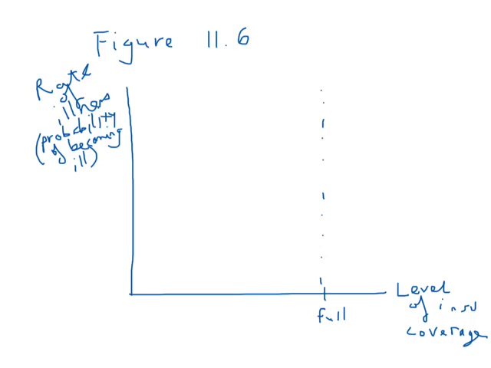The first graphical analysis in Figure 11.6 just asks us, as a benchmark, to think about the case where there's no moral hazard. So in this case, if the rate of illness doesn't depend on whether you have health insurance or not, then that probability of getting sick is just fixed, whatever the level of insurance from zero, and we only consider it up to full. You could have more than full insurance, a policy that pays out more than your loss of being sick, but we're not going to think about that. And the key